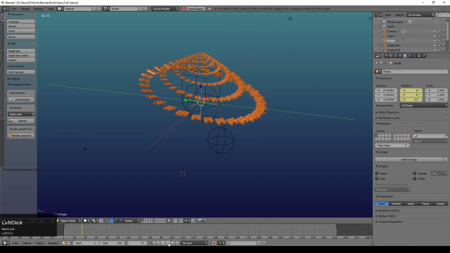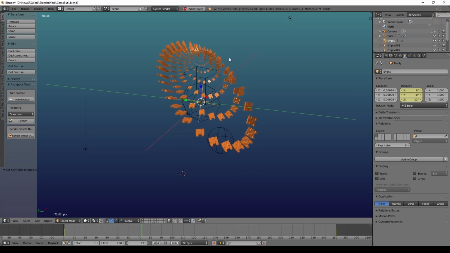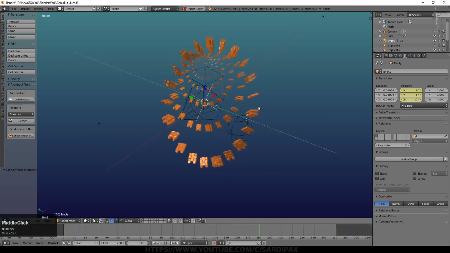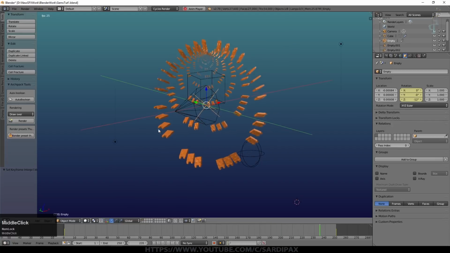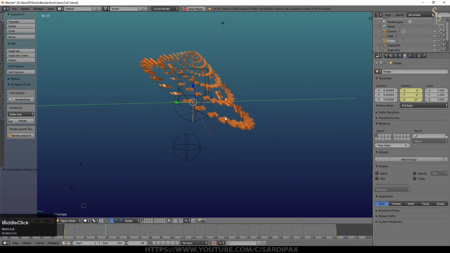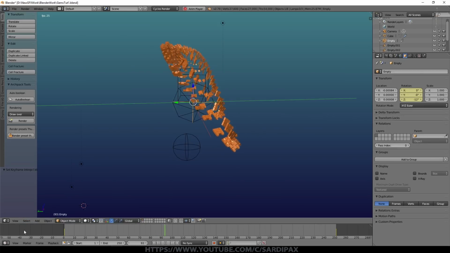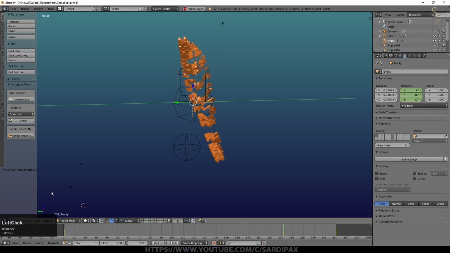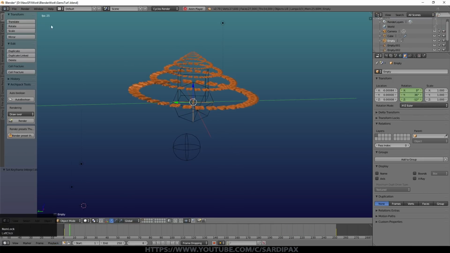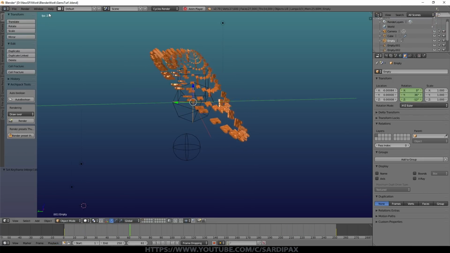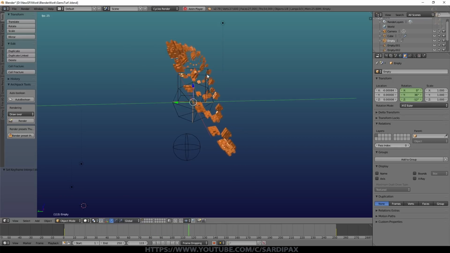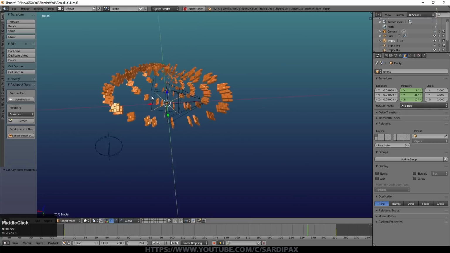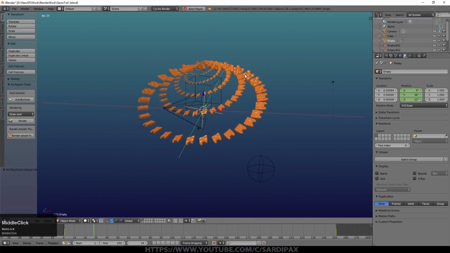So if we press play, and as we make more of these arrays visible, you may well find Blender struggles to keep up. In order to make sure that you can really get a feel for how the animation is working, you go down to playback and just select frame dropping. That will mean it will try to maintain the frame rate that you've set up, in my case 25 frames a second, by jumping over some frames. It won't do that in the actual render, but it will do it when it's trying to represent it.